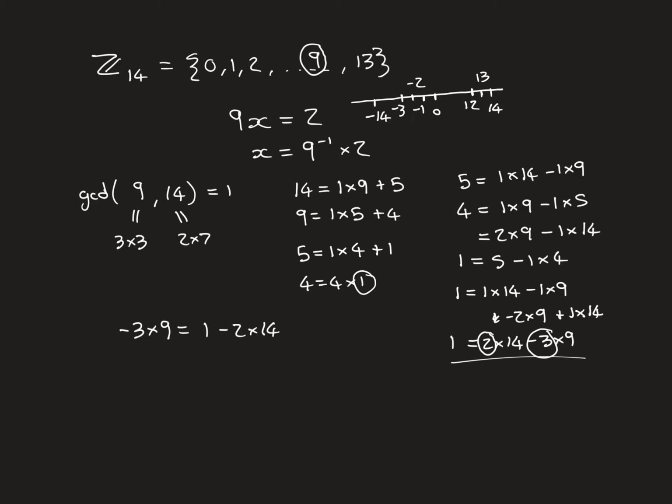When you go to minus 3, that's in the same congruence class as 11. So minus 3 is in the same congruence class as 11. That means that if we multiply 11 by 9 inside here, it will give us 1. So 9 times 11. Oh, and by the way, something that I will just tell you, I've been writing this